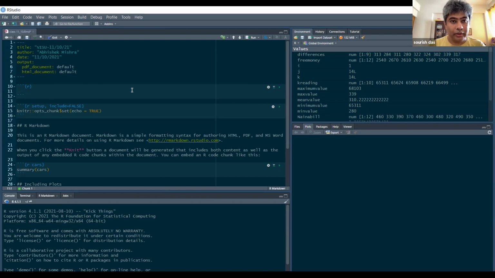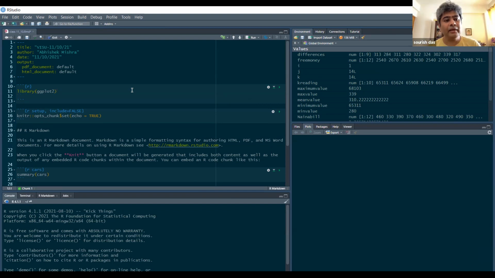First thing you do, you call library ggplot2, and then after that you can write head, open bracket, close bracket, diamonds.